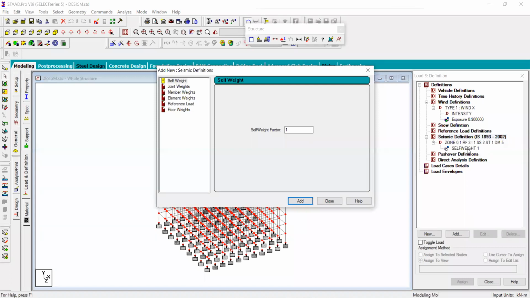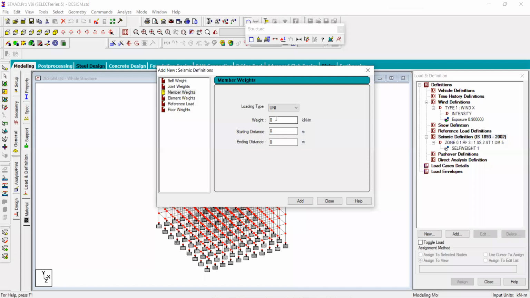But by clicking this, you can add only the dead load of the beams and columns, not the load of the walls etc. Again, you have to add the weight of the wall. Just click on member load, member weight. In member weight, go for uniform. You know that the wall has the height of each story level, its value is 3 meters. If the story height is 3 meters or 3.5 meters, the wall will be 3 meters high.